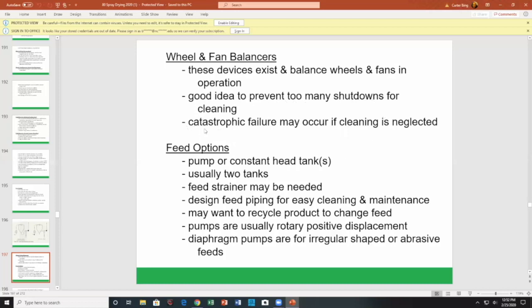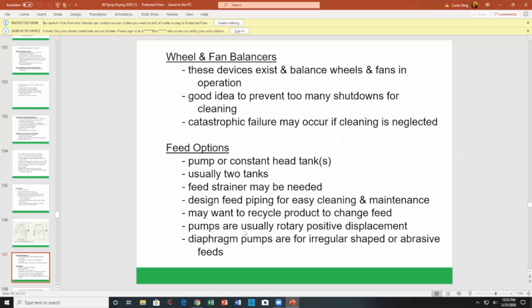All right. Catastrophic failure may occur if cleaning is neglected, right? Pump or constant head type tanks, usually two tanks, feeder, feed strainer. Design piping systems for easy cleaning and maintenance. May want recycled product to change the feed. That's interesting. Recycle back material to change the feed